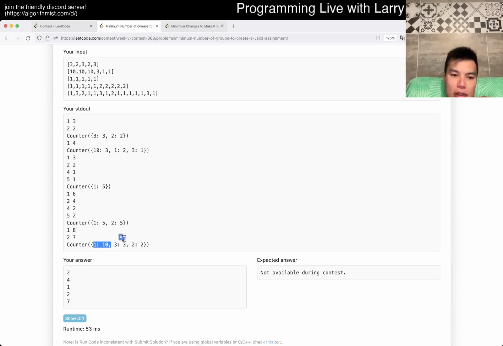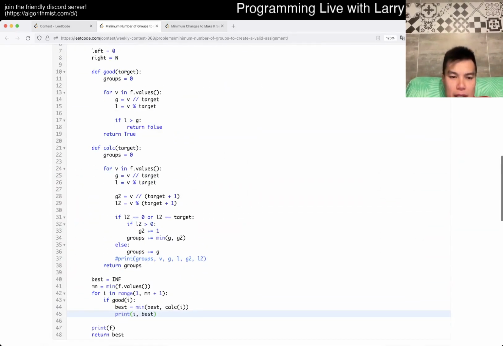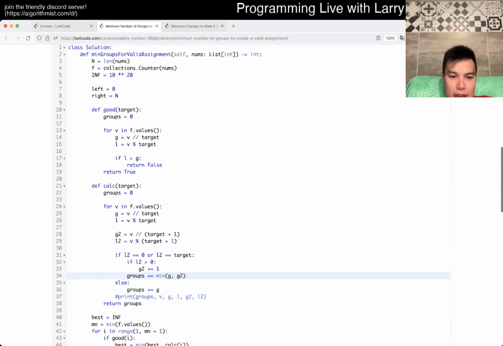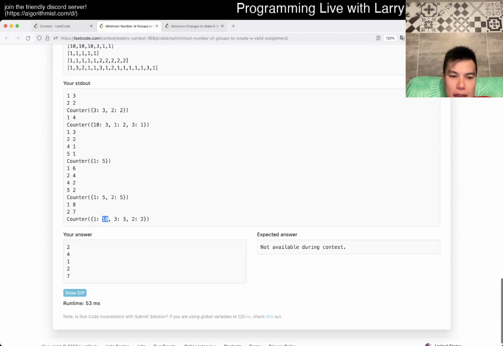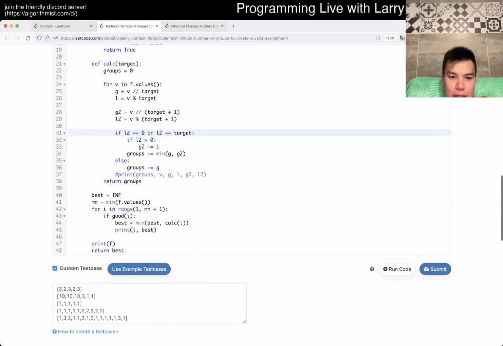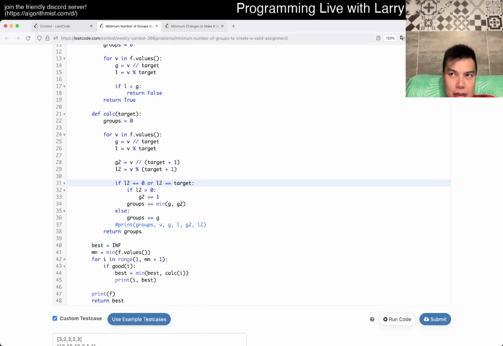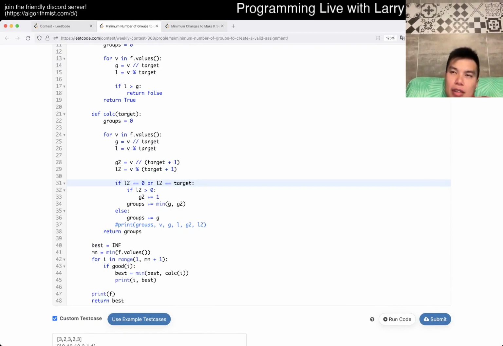Oh, this one we can also try. Wait, but don't. G2 is. So we tried 3, right? So 3. 10 is going to be 3 groups. And then the number of leftovers. So if the leftover is 0, that's fine. If the leftover is equal to target, I think it's just if